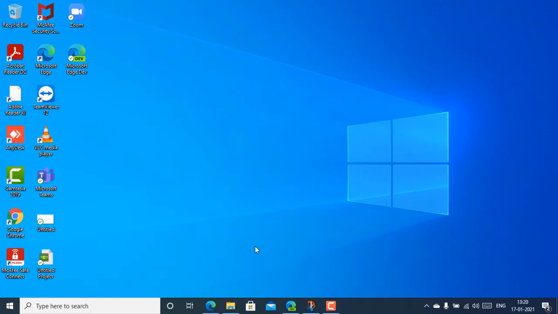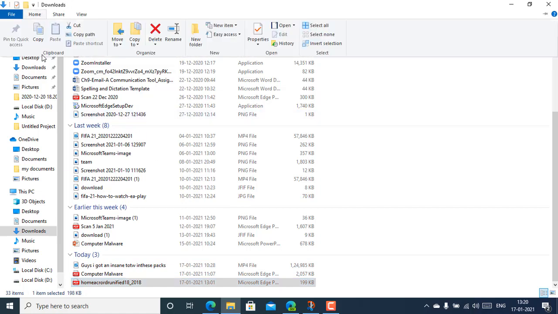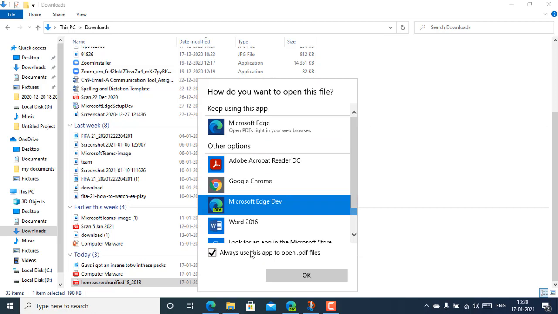First, you have to go to File Explorer or go to the place where your PDF is located. Now, I know that Microsoft Edge may not be your default PDF app. So, you have to click on Home, click on Open, and click on Choose Another App. Then you have to choose Microsoft Edge. I have the Microsoft Edge developer, so I'll choose this one,